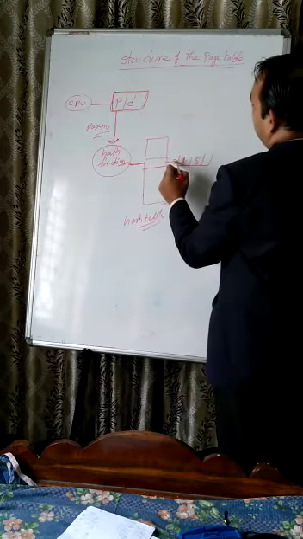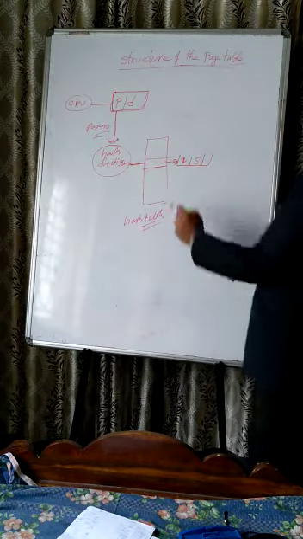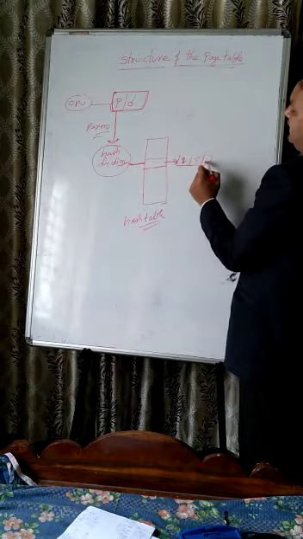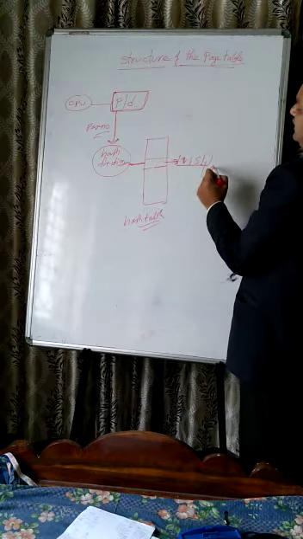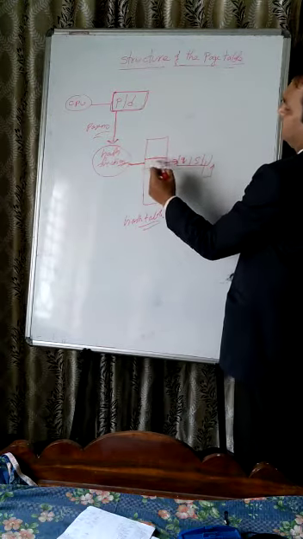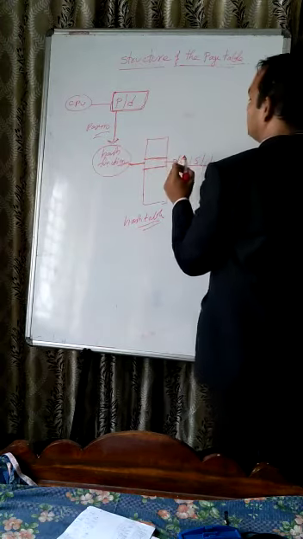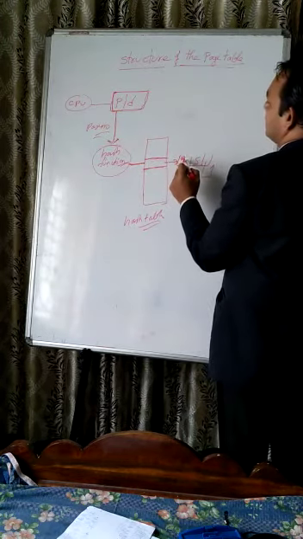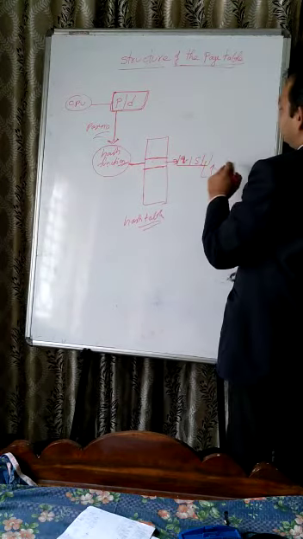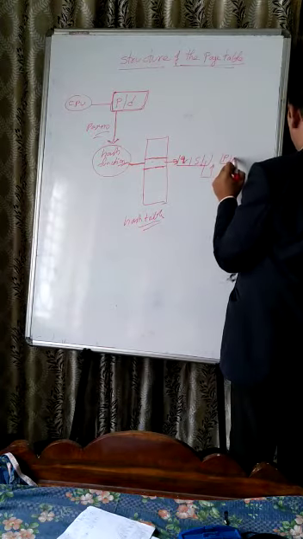My dear friends, here you see there are three components in each entry: page number, frame number, and a link to the next element. This is actually a linked list. We will represent it in data structure as a linked list. This entry is a linked list. Q is a frame number, page number, frame number, and next pointer to the next address. P, R.